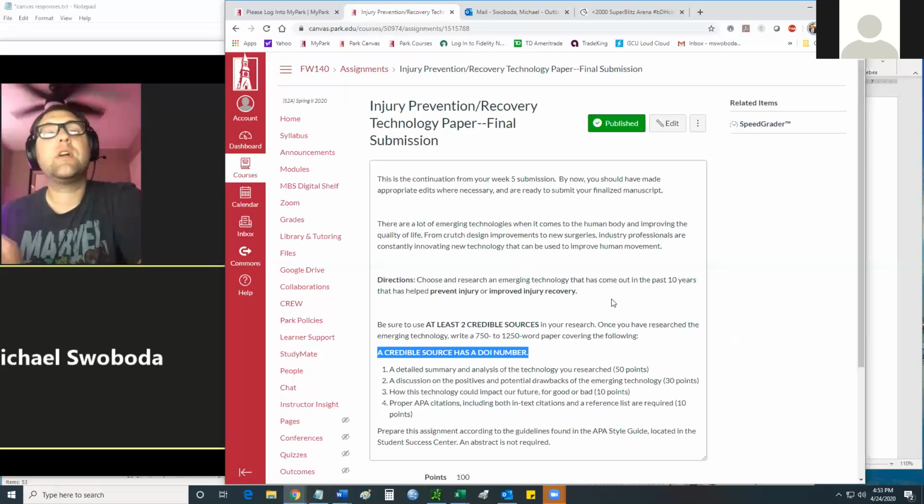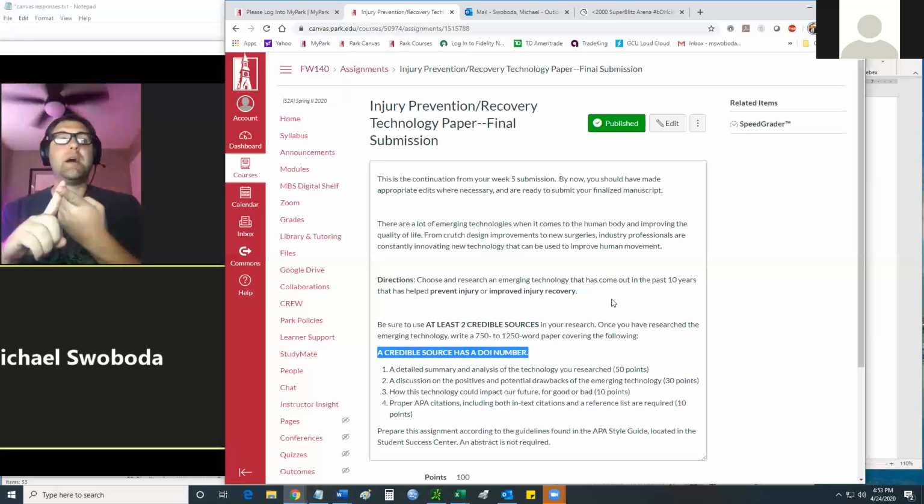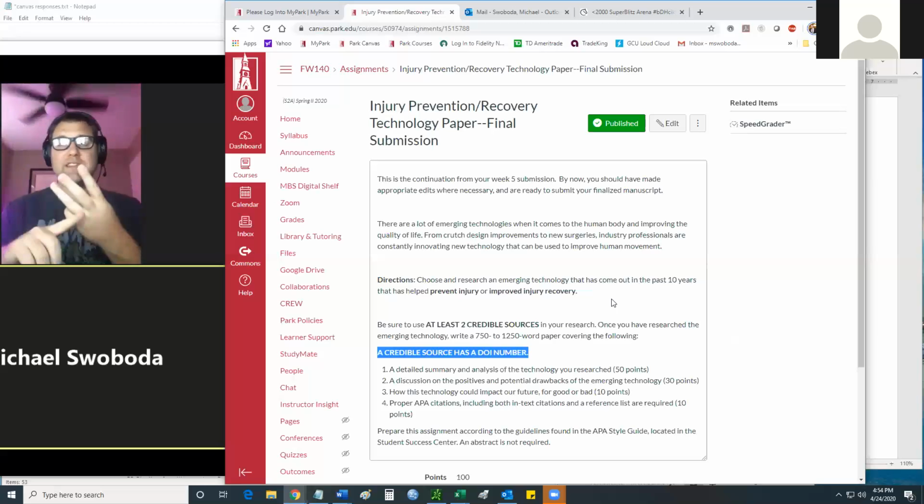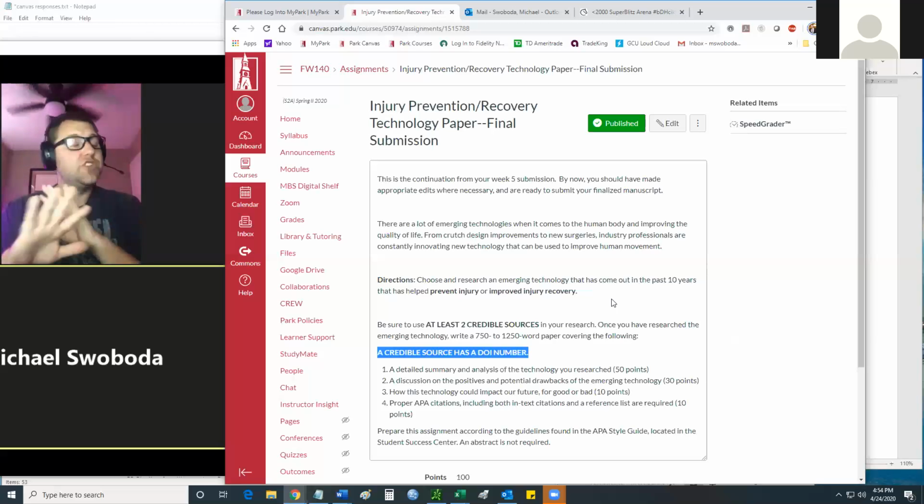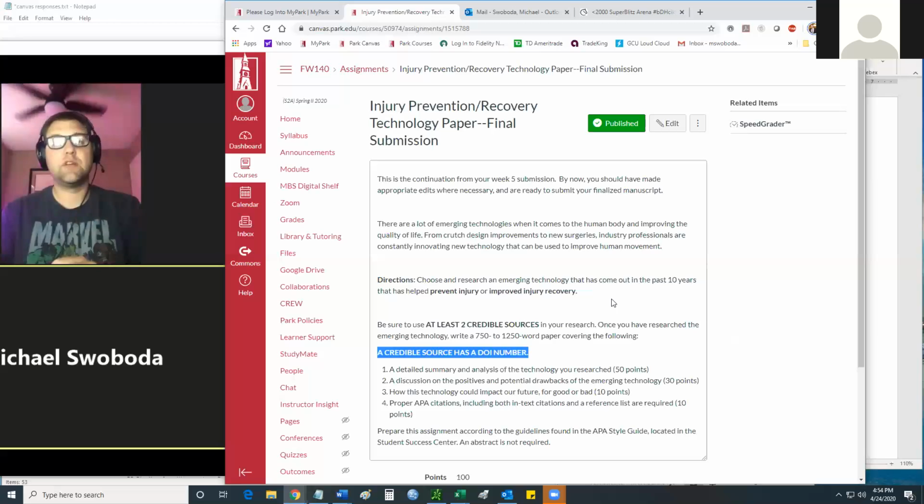If your website or a website you use has a purchase option, it talks about sales, it has prices, or it's asking you to buy something, that is not a credible source. Again, just to clarify, if the website is selling something, do not use it. I can't be any more clear about that.